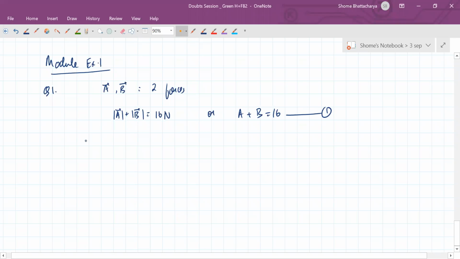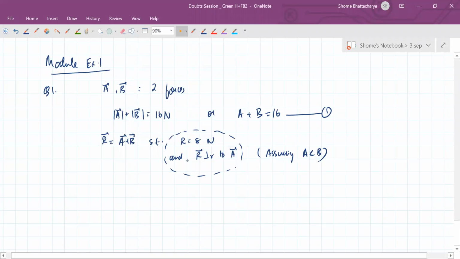So their resultant is such that the magnitude of the resultant is 8 newtons, and this is perpendicular to vector A, assuming that the magnitude of A is less than the magnitude of B. So this is the additional information that is given. Okay. So based on this information now,